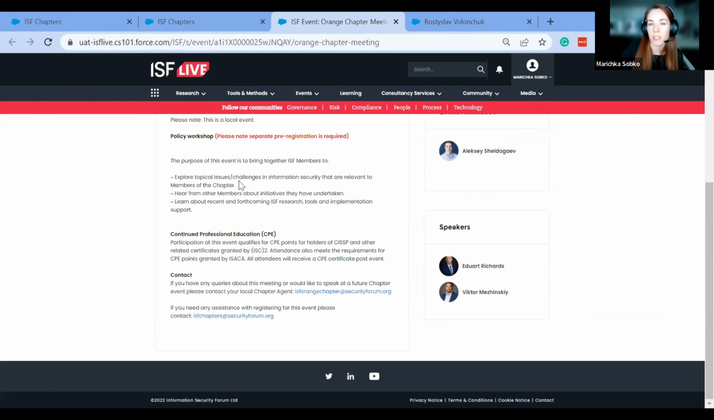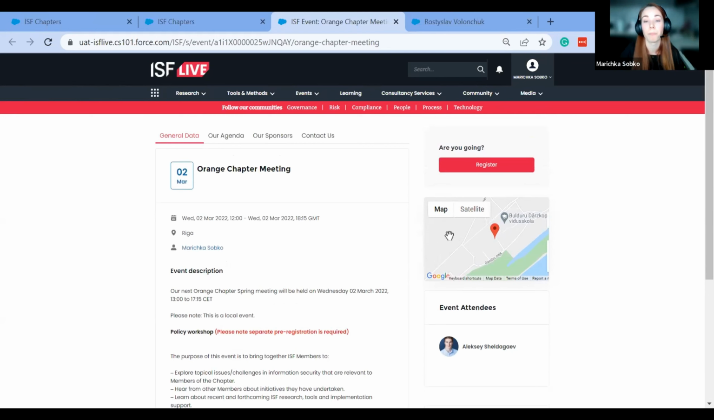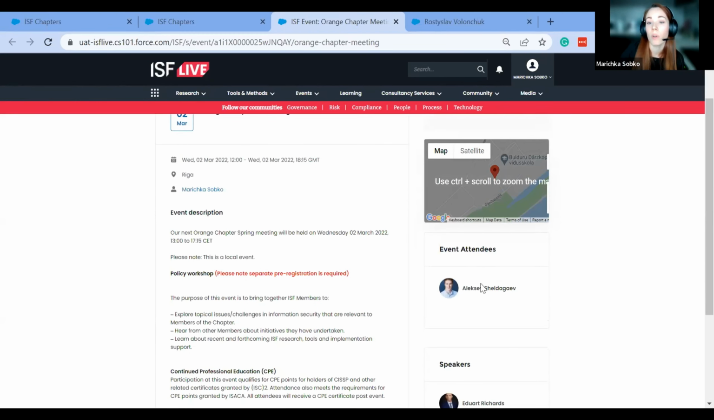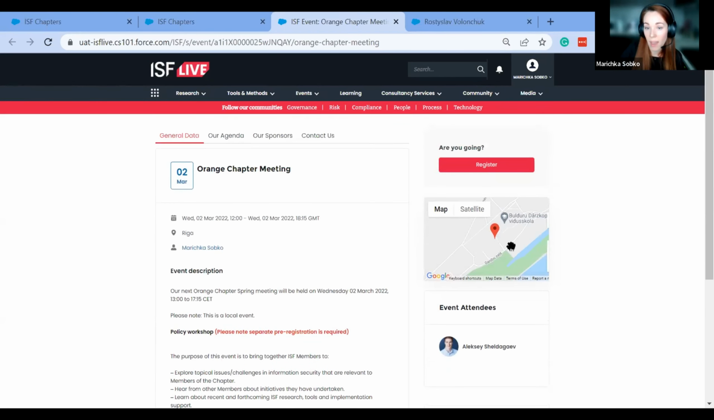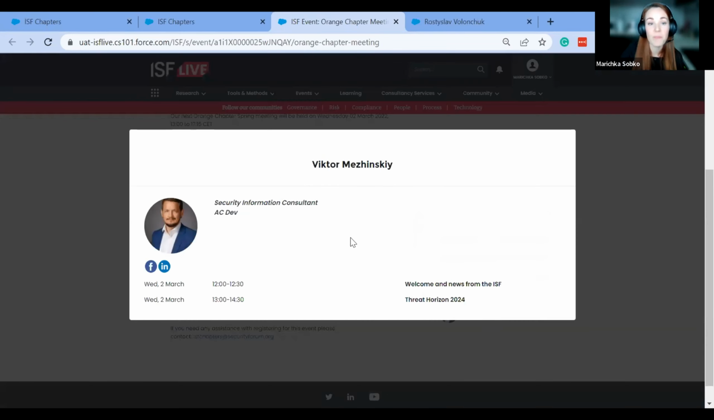On this page is the detailed page of the event. You can find a description of the event with dates and place. If it's a local event, it even displays a map. It shows all of the attendees who registered for this event, and it also displays speakers. For example, by clicking on detailed information about a speaker, you could see the speaker and find social links,